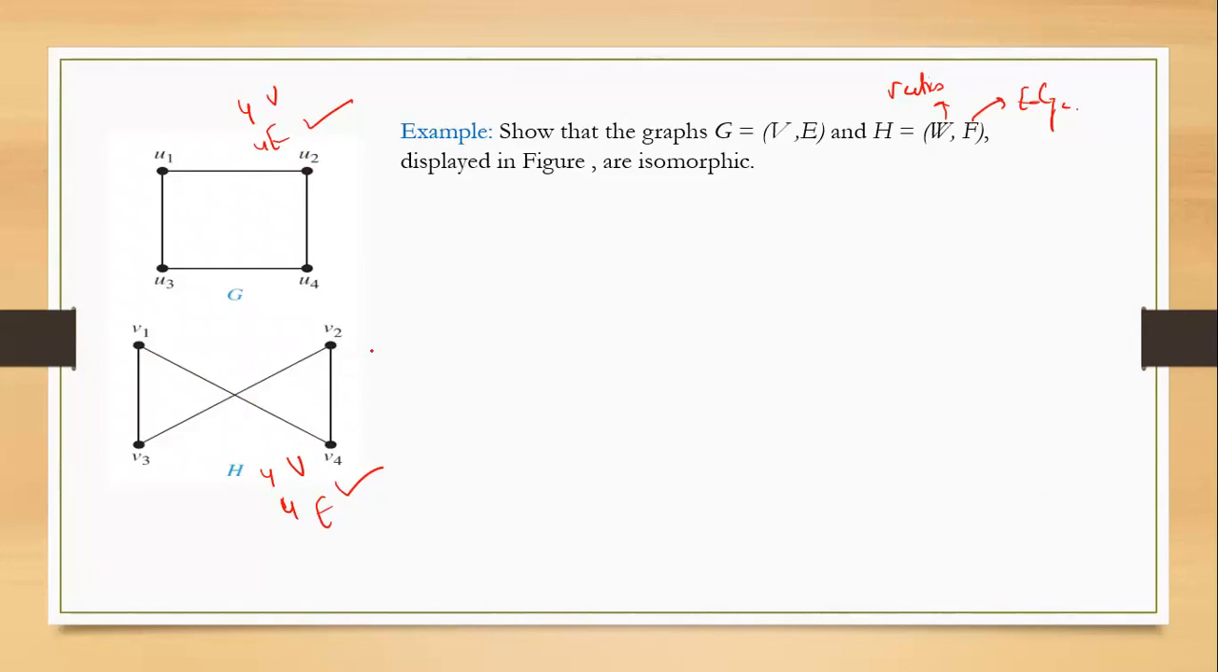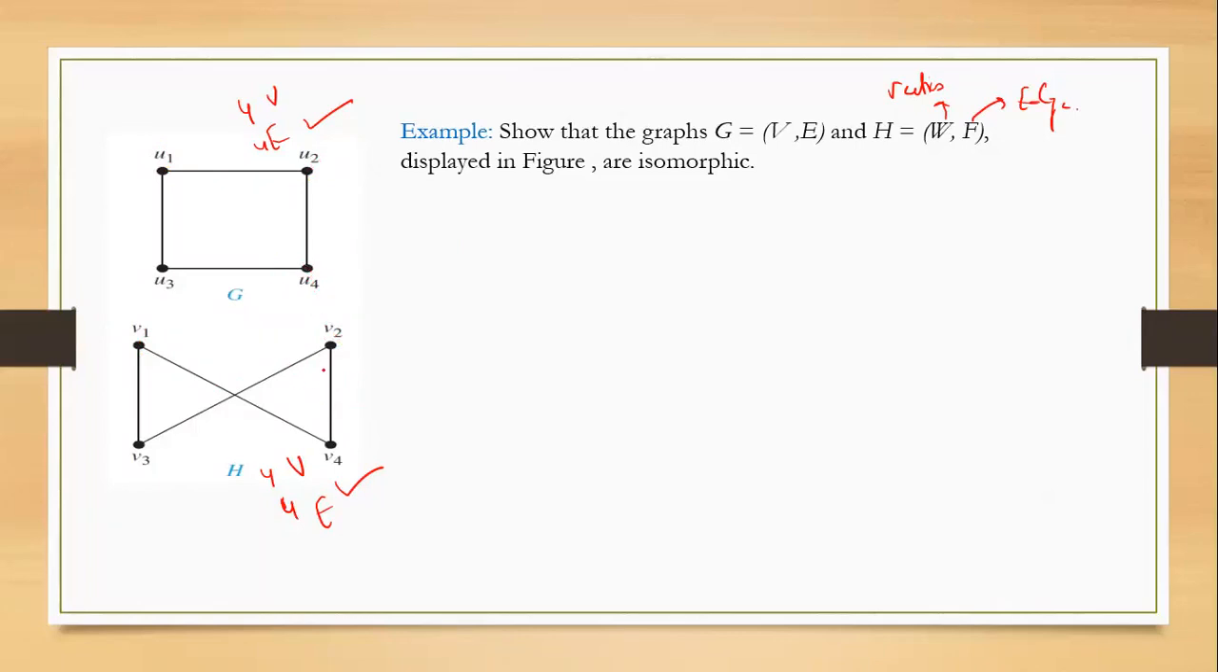So, to see the degree, if we compare f of u1 to f of v1, u1 is connected to u2 and u3. Okay, v1 is connected to v4 and v3. Basically, we are not seeing the similarity of the vertices, we are seeing the number of edges. So similarly over here, v2 is connected to 2 edges, u2 is also connected to 2 edges, and this continues